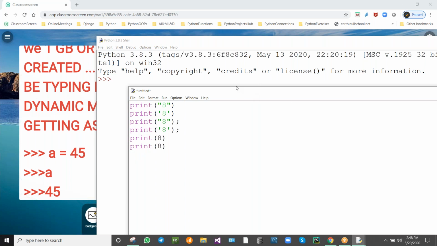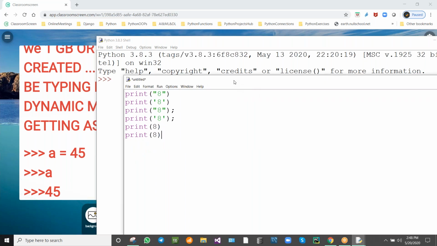Okay, I have written some code. Hello. We will be writing like this: print welcome to Python.